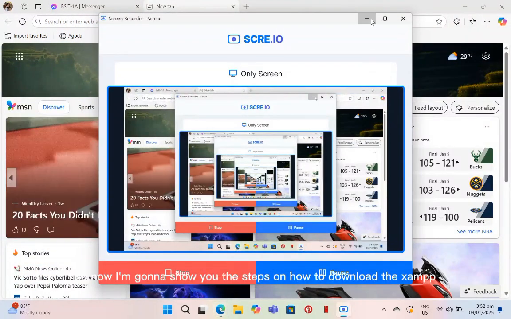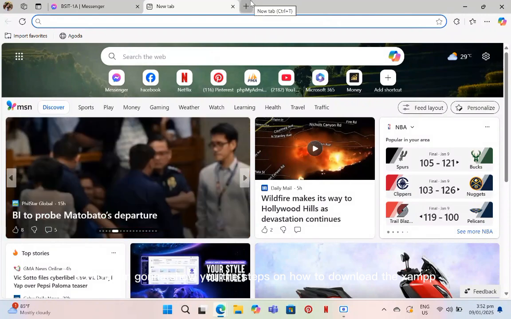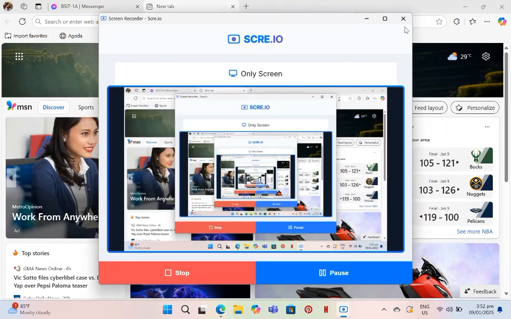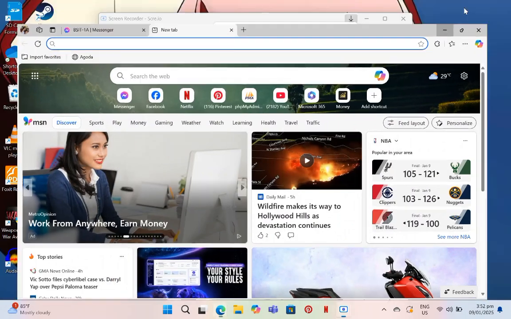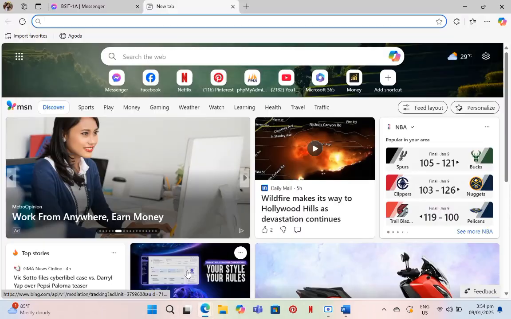Now I'm going to show you the steps on how to download XAMPP.